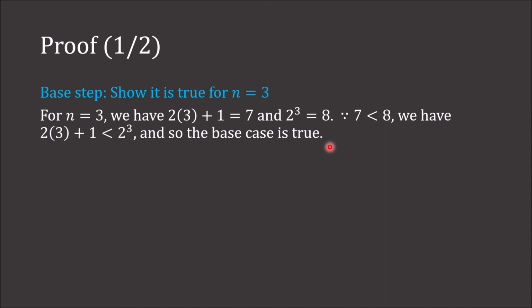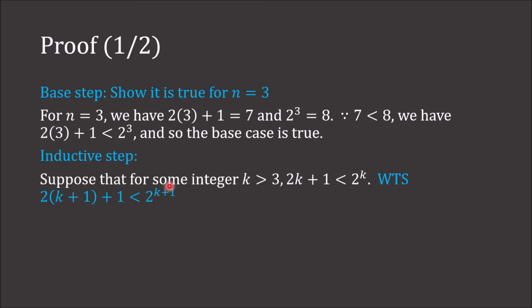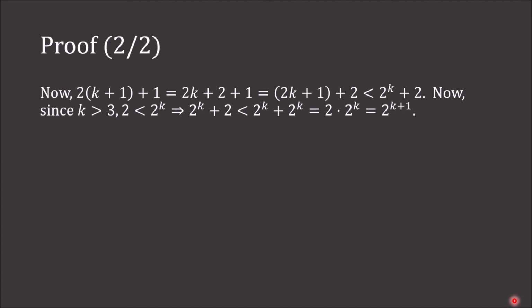Now the inductive step. Suppose that for some integer k greater than or equal to 3, 2k plus 1 is less than 2^k. We want to show that this must be true for the next case, that is, 2 times (k+1) plus 1 is less than 2^(k+1). Now, 2 times (k+1) plus 1 is 2k plus 2 plus 1,